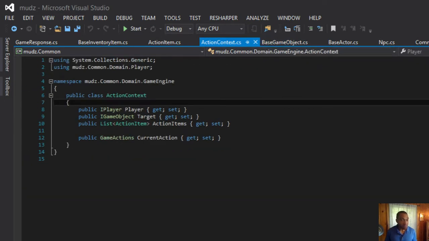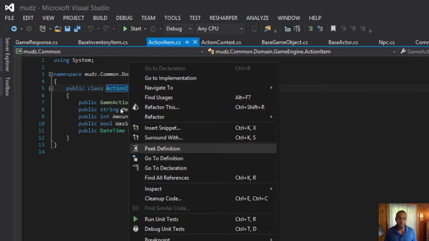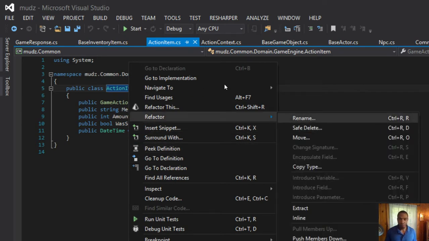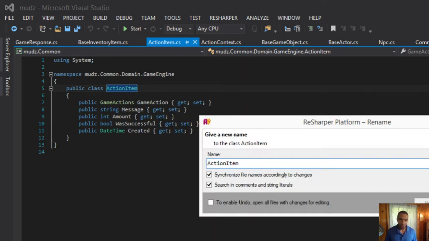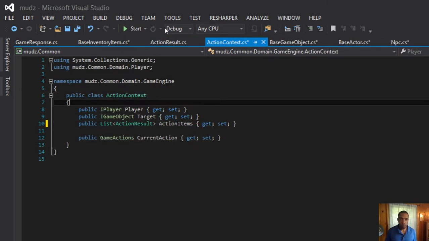That's my question. Alright, so I can tell you already that I don't like the name action item. 80% of everything is naming. I like action result. So, action context. We're starting to decide what's the minimum we can get away with in all these little pieces and parts.